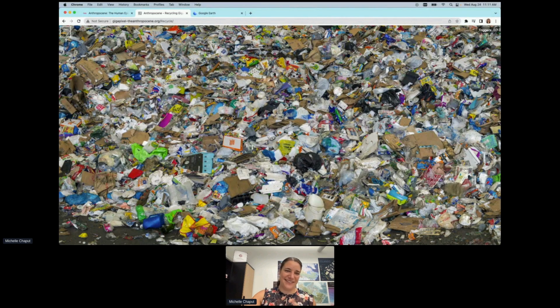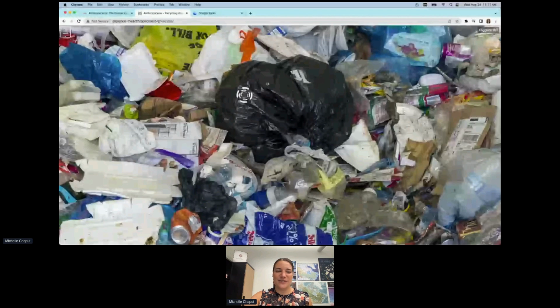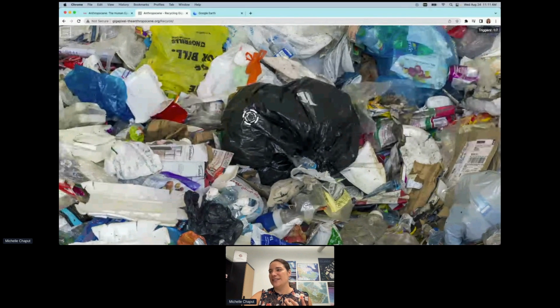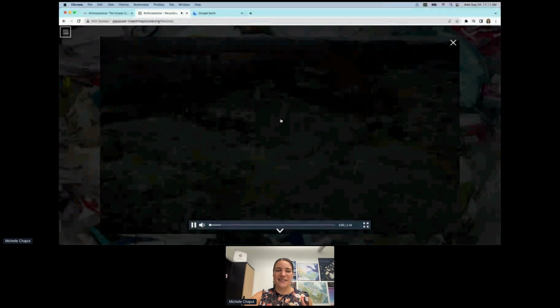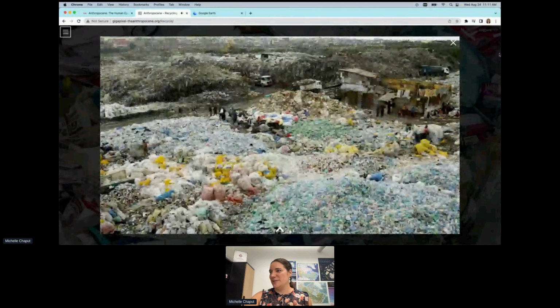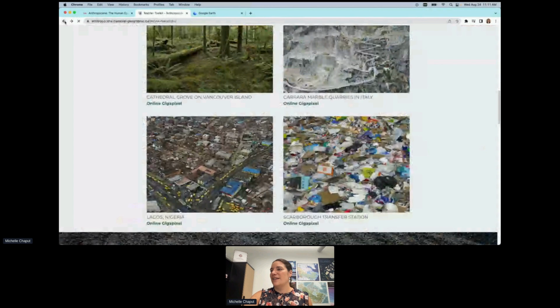I know where these triggers are because I'm familiar with this, so I'm going to cheat and go directly to one. If you go to this dark plastic bag here, you can see that there's a trigger that pops up on the screen. If I click on that, there's a little film extension that's going to play. I'm not going to play that. I just wanted to show you how it works. So there are 4 there. I would encourage you to take your own time and go through them. They're quite interesting.